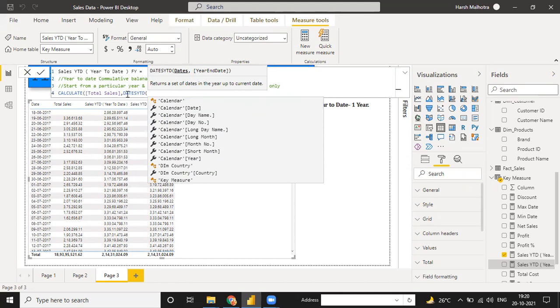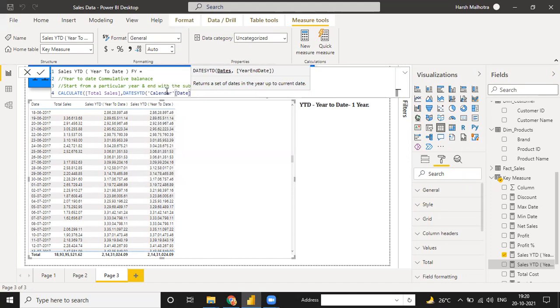I can choose a different function, and there is an option here for dates. So you can select the same date column, and now you can use the year end filter. Suppose you want to use 6/30, go to this, enter, and it will give you the value.